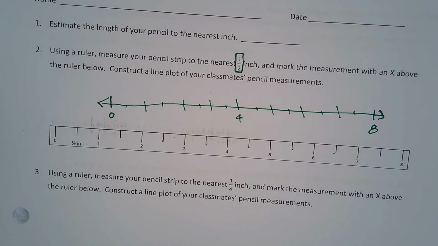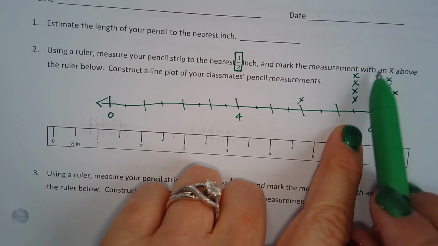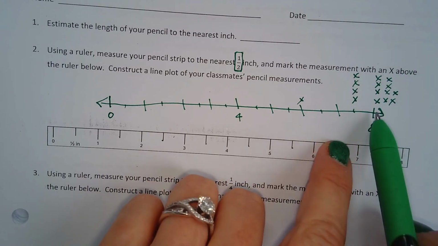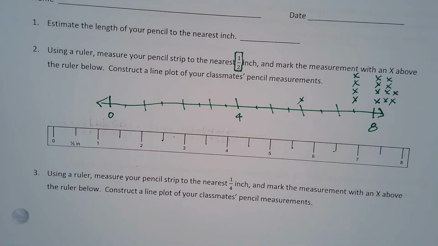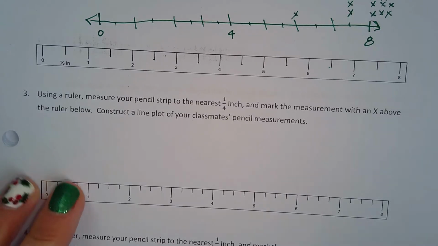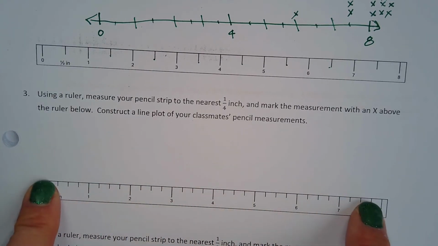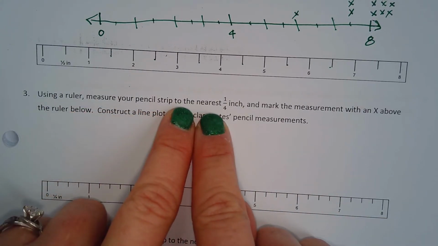What is the smallest pencil length? What is the greatest pencil length? What is the pencil length that is most common in the class? Got it? Okay, let's do it. So from here, we could answer all kinds of questions. What is the greatest measurement in the class? What is the most? All right, now we're going to use this ruler here to measure your pencil strip,